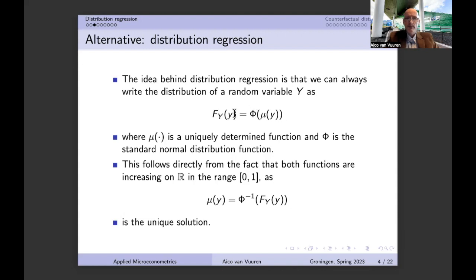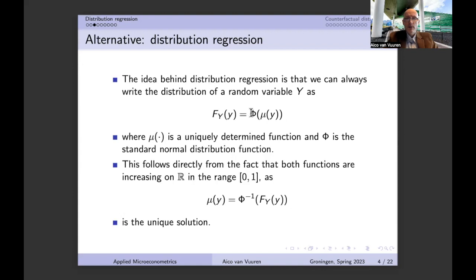very simple to prove. The reason behind that is that you should realize that at the moment that we look at, first of all, the normal distribution function, well, that's a monotonically upward sloping function, and it's strictly upward sloping, and that means that we can always take the inverse of this distribution function. Another thing that we can say about this thing that we have over here is that it's also upward sloping, could be weakly upward sloping, but also we do know that it's always in between 0 and 1. So therefore what we can do over here is that we can at least take the inverse of this distribution